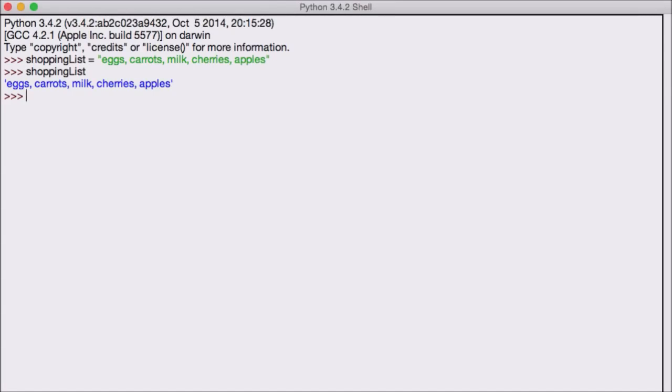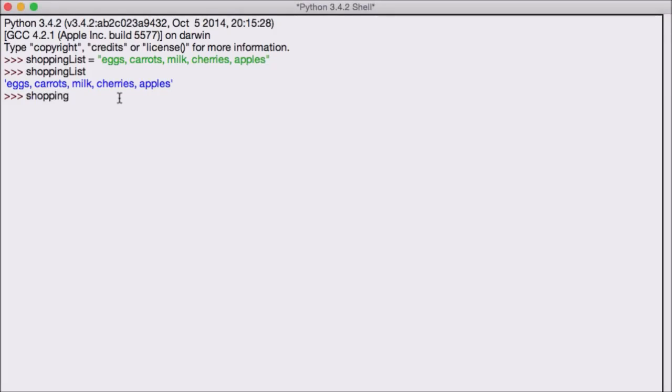There's no specific way to find out what's my first item, what's my third item, what's the last item I have to get. And this is where the Python term lists, and the more general term arrays, comes in. So again, let's create a new list, shopping list 2, and let's create an array over here. The way to create an array is we're going to use two square brackets, and in the square brackets you're now going to add your items. So our first item was eggs, comma, our second item was carrots, comma, third item was milk, cherries,